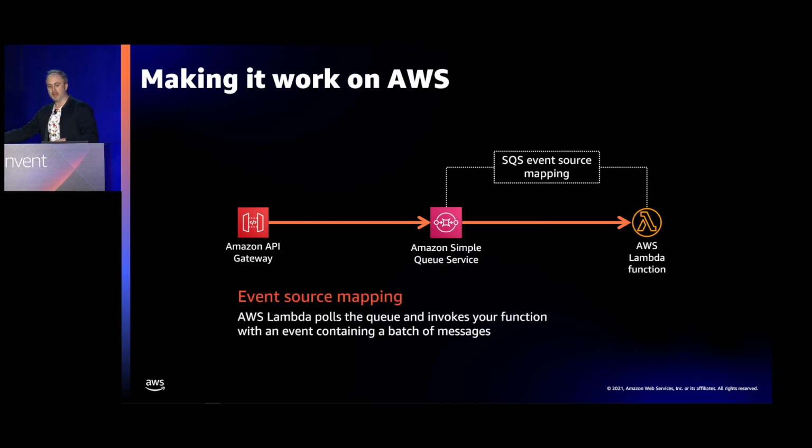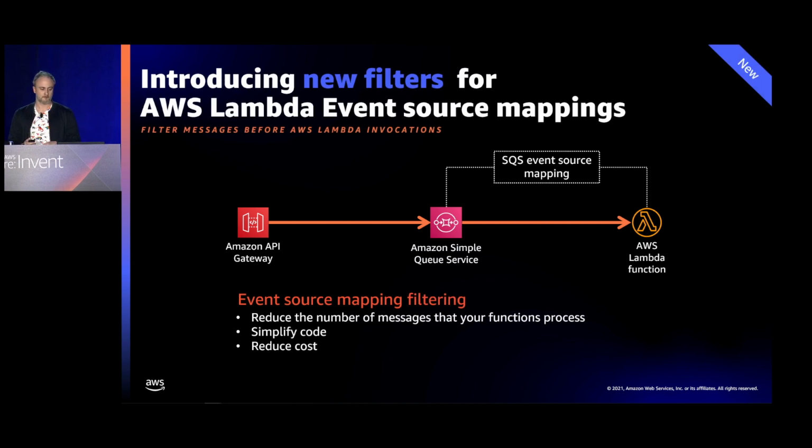Then I invoke my Lambda function from SQS. This is called event source mapping. So I can do this with DynamoDB streams and Kinesis as well. It's a different Lambda invocation type. This way, I can configure a batch number, so a number of payloads before it invokes my Lambda function. So I can say, wait until I have 10 actions from GitHub, and then send all of them to Lambda at the same time and do them all together. And it's all asynchronous.